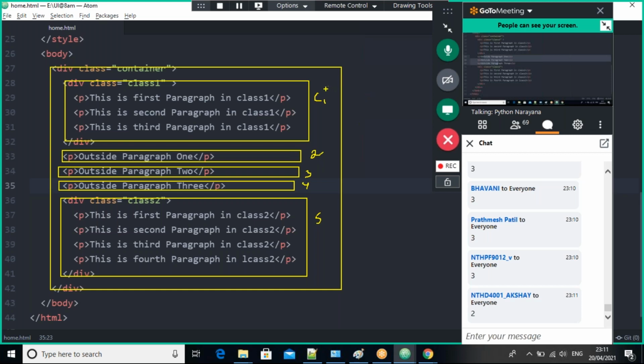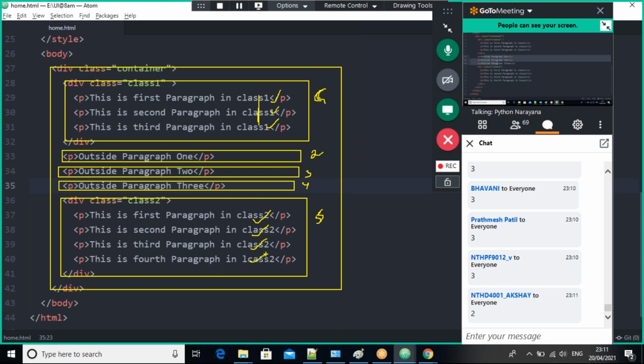Again, in the child 1, there are some sub children, guys. We can say again this is one more child. At that time, this one becomes parent. This becomes a child, guys. Again, here also the fifth child has four children tags, guys.